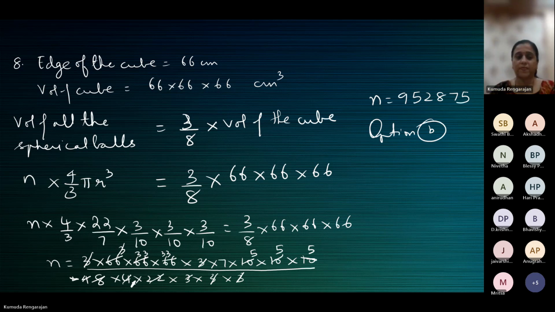So let's move to the ninth one. A hollow cube of internal edge 22 centimeters is filled with spherical marbles of diameter 0.5 centimeters, and it is assumed that 1/8 space of the cube remains unfilled. Then the number of marbles that the cube can accommodate is